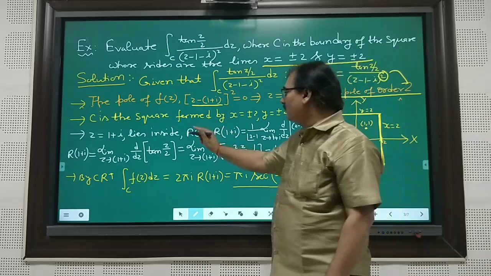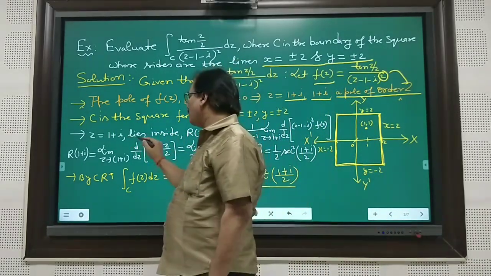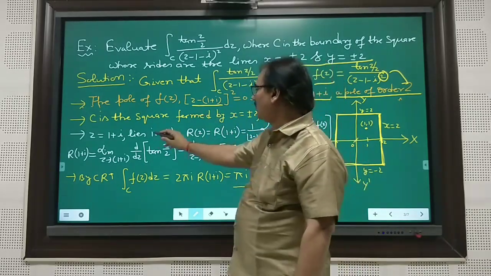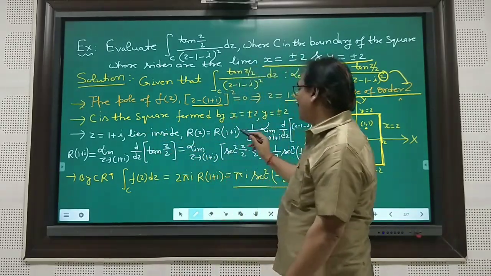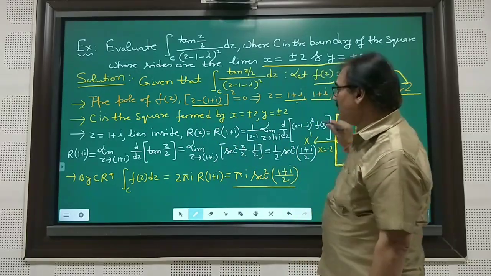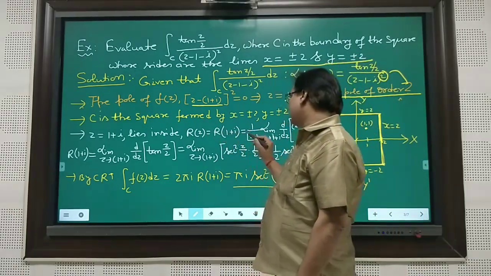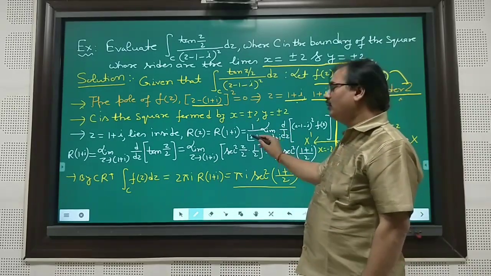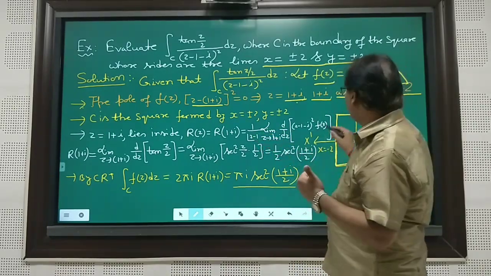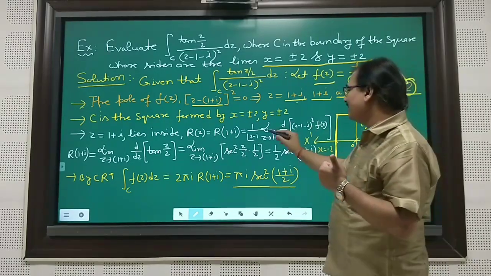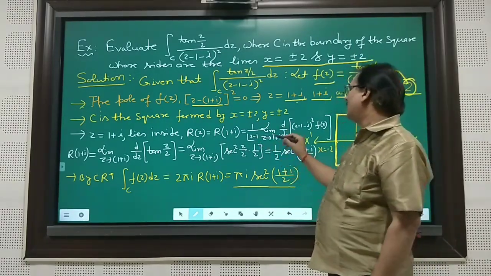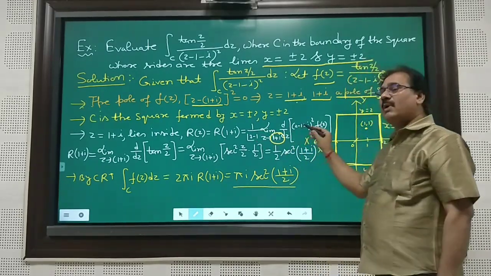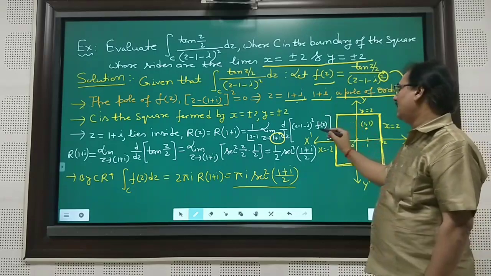Okay. So now it will decide if this point z is equal to 1 plus iota, which you got here, is the pole. So 1 plus iota means the point is (1, 1). So (1, 1) lies inside. It means the residue R(z) is equal to R(1 plus iota). Again the same formula: 1 over factorial (2 minus 1). Why 2? Because the pole is of order 2, so k is 2. So 2 minus 1, limit z tends to 1 plus iota, d over dz of (z minus 1 minus iota) whole square times f(z).